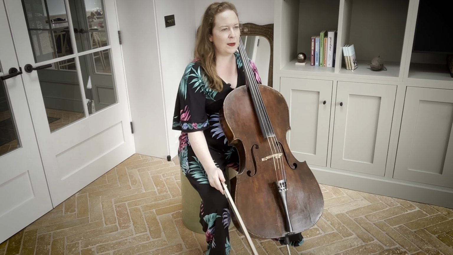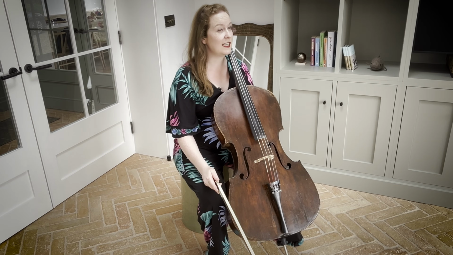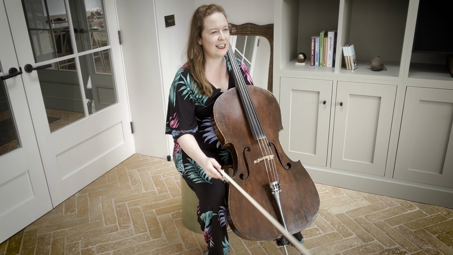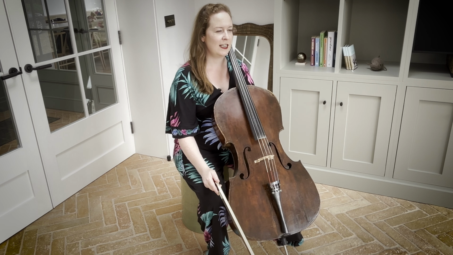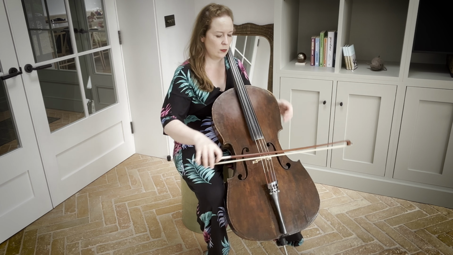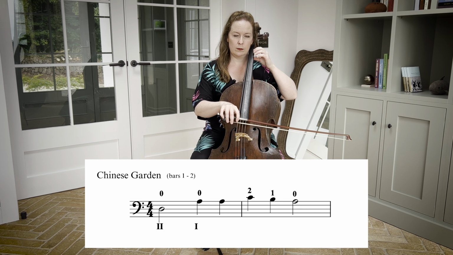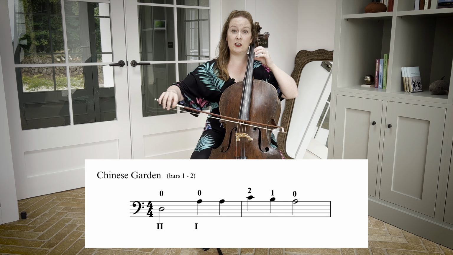I'm going to bring you to my piece Chinese Garden, which is the first piece in It's a Cello Thing. The link is down below if you want to see the sheet music. So it begins at the start with simply a minim, followed by two crotchets,